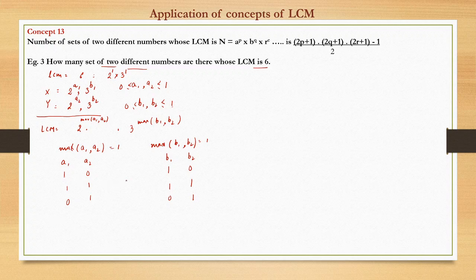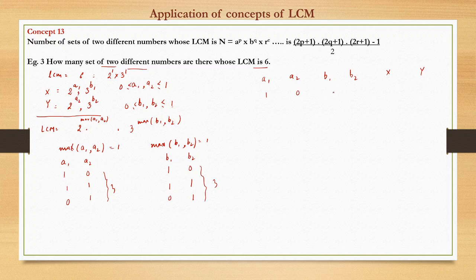So how many cases total are possible? Let us write those. For the sake of understanding, I write all the cases: a1, a2, b1, b2, and then our number x and y, because x depends on a1, a2, b1, b2, and y also depends on a1, a2, b1, b2. So now if a1, a2 is what? A1, 0. So this is three times. This is three numbers. This is three numbers. So total will be nine cases.